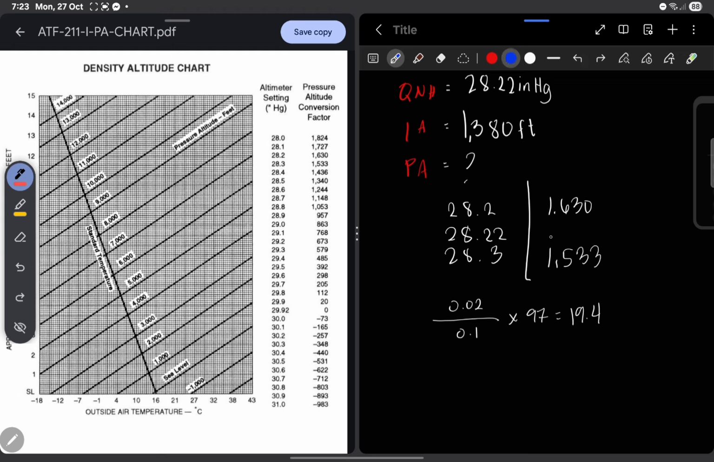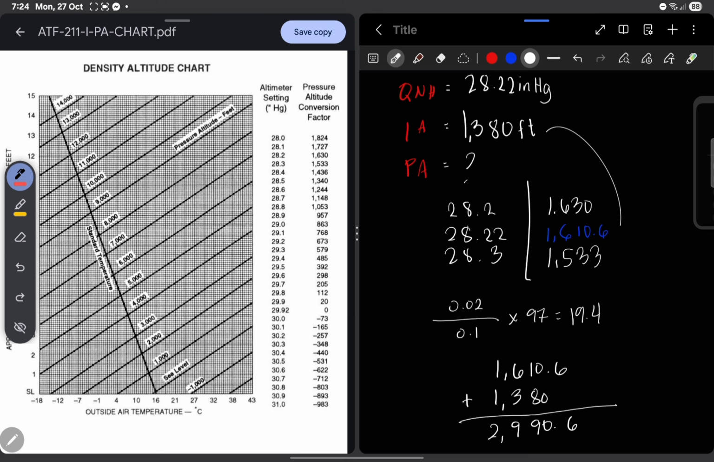So once we subtract that, our value is 1610.6. We will then add it to our indicated altitude. So 1610.6 plus 1380 is 2990.6. So for our pressure altitude, it shall be